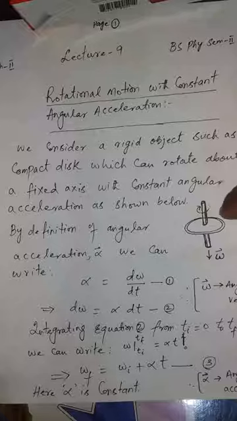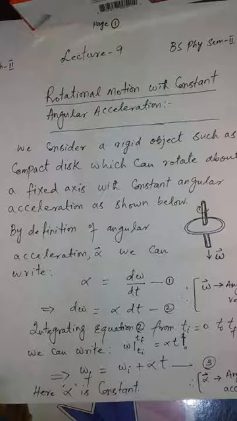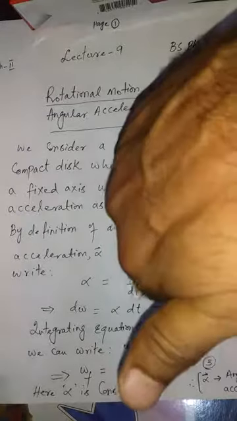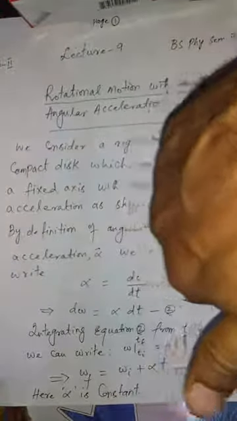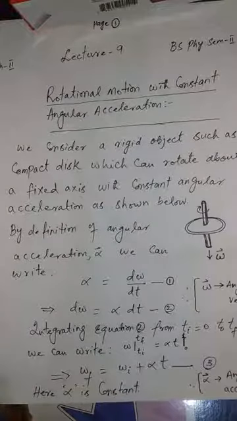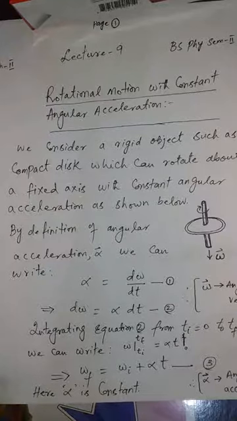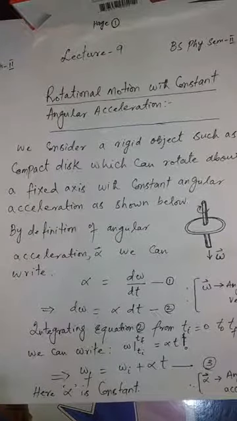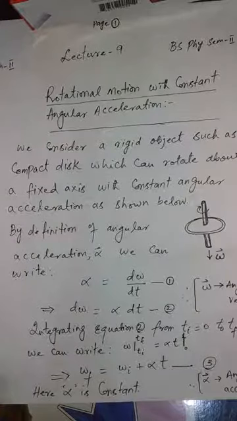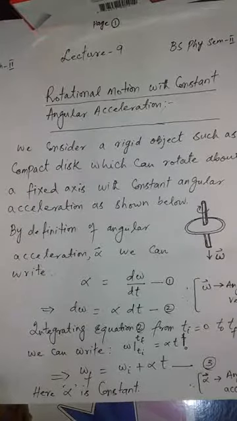By the application of the right hand rule we can point the direction of angular velocity of this rotating compact disk, in a way that we curl the fingers of our right hand, and the thumb will point in the direction of angular velocity. In this case, the angular velocity is in the downward direction. If the disk starts rotating in counterclockwise mode, then the direction of angular velocity will point upward.